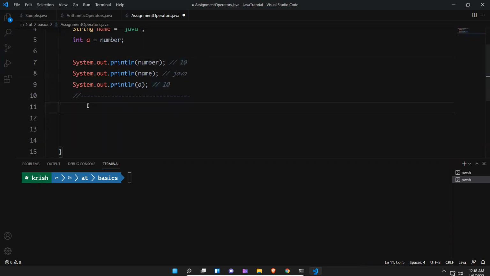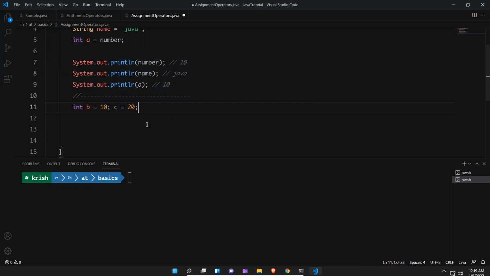Now int B equals 10 again. If you have multiple integers, you can write them in the same line, so no need to write int C equals 10 separately. You can write B equals 10, semicolon, then C equals 10, both are integers.